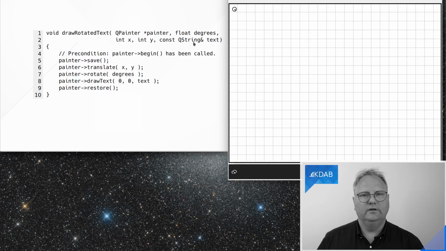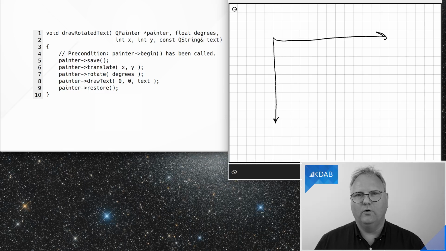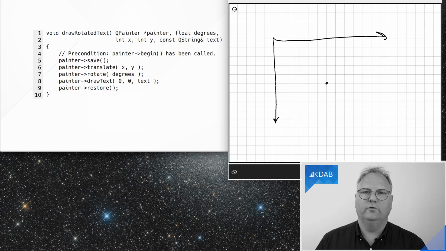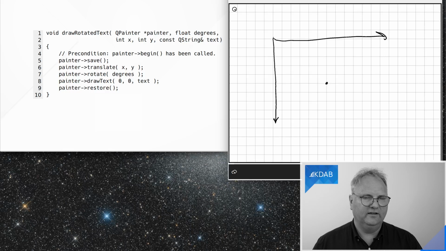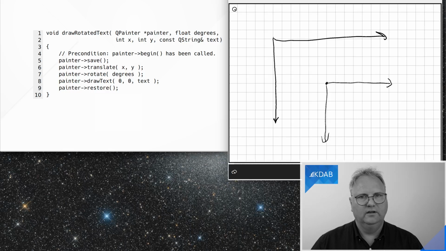And what I want to do is basically like this. So I have a coordinate system, and you gotta love that coordinate systems in this world point downwards, and all that you ever learned in your life is that they point upwards, but not in computers. And at this point here, I want to draw a piece of text. So what I do first is call save on my painter. I'll get back to why that's important in just a second. I'll translate to X, Y. So that's the position that I have down here. Now I have a new coordinate system where 0,0 is at this new point. And of course, there are negative coordinates too if I should ever need those.